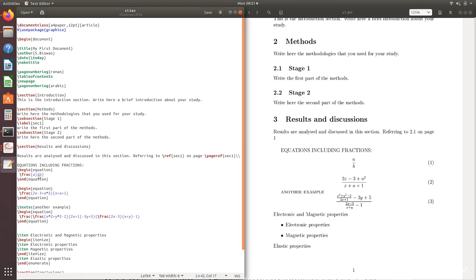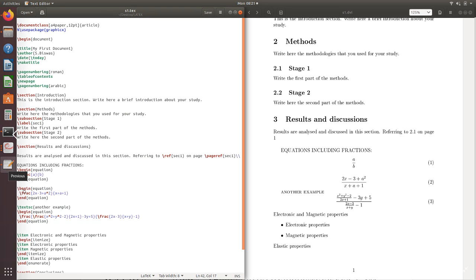Within this, if you wish to write a fraction, then you have to use the command backslash frac. Backslash frac will produce the fraction. The fraction has a numerator and a denominator. The numerator should be written within a pair of curly brackets, and after that the denominator should be written within a pair of curly brackets. So that means backslash frac with a within curly brackets, this a is the numerator, and this b is the denominator. So frac a within curly brackets and then b within curly brackets will produce a by b. That is here, you see the output here.